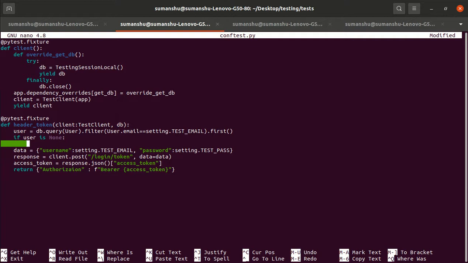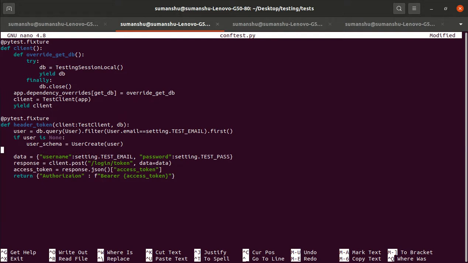So how will it insert the user? First, to insert the user we have to pass the schema. So user schema, user create, user. Okay, and then db dot add.